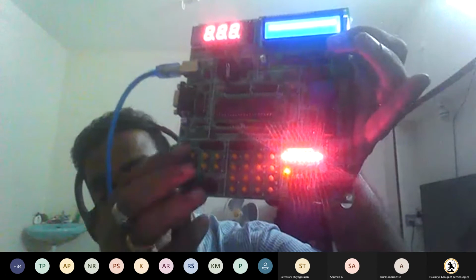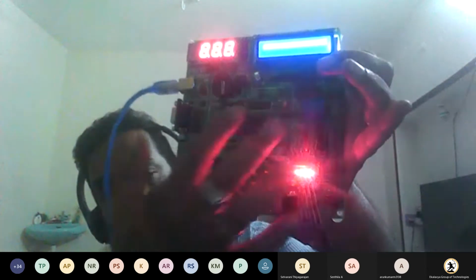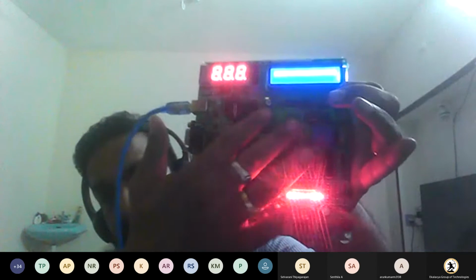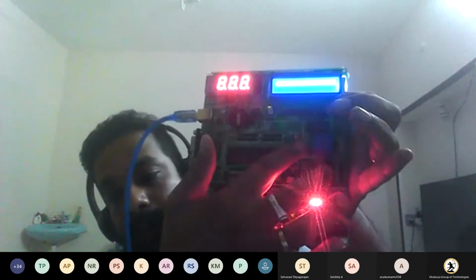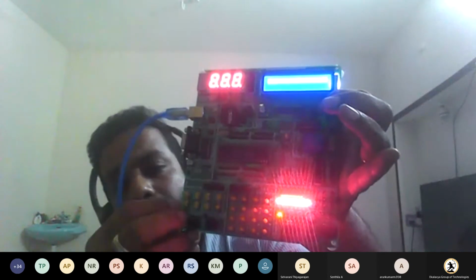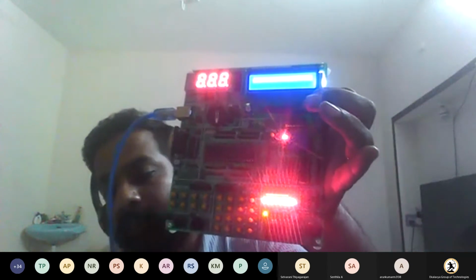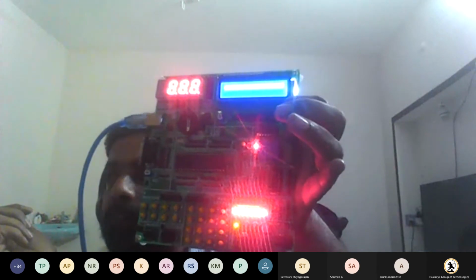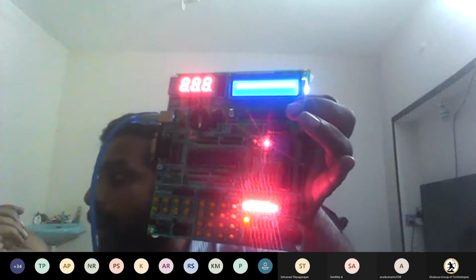I will show you one more time. This is the P 2.0 and the relay is not working now. See here, this is the relay. You don't have a light glowing; the light is in the off condition. If you press this, the LED will turn on, meaning the relay is switched on.